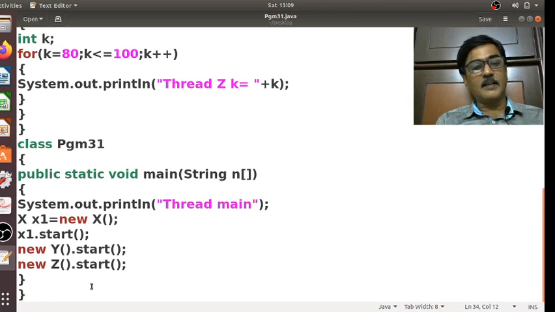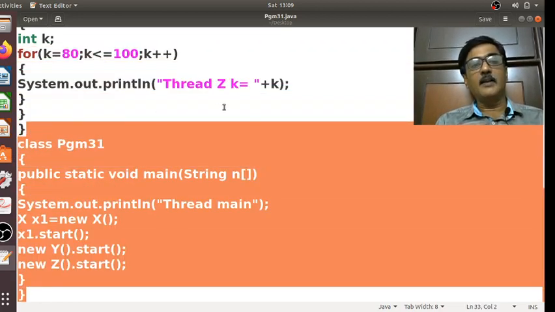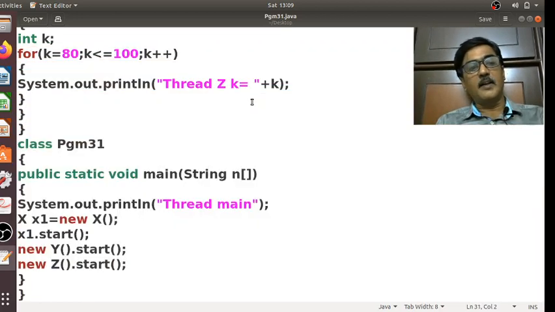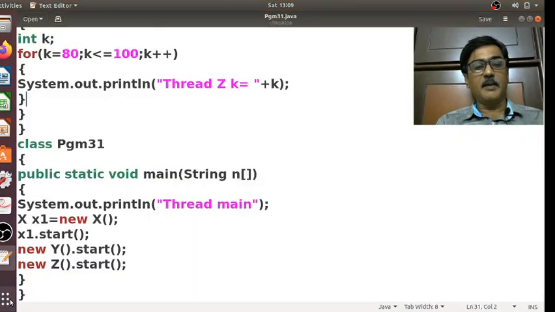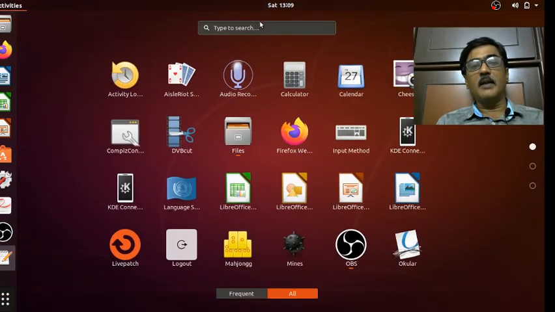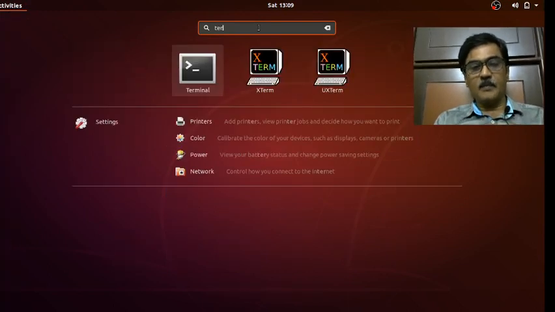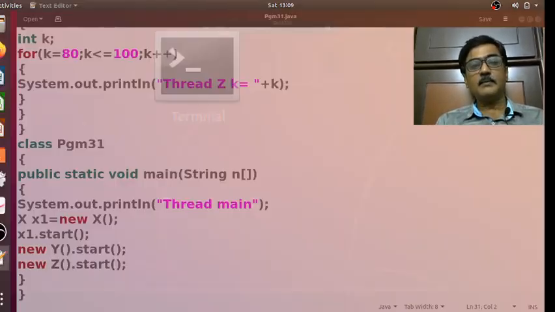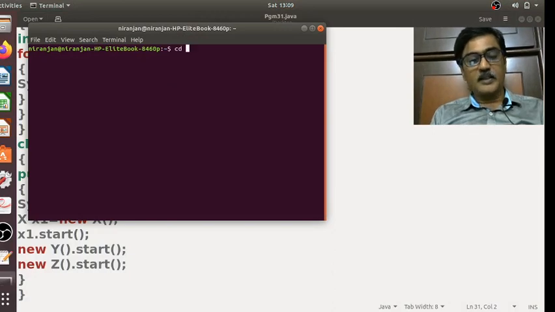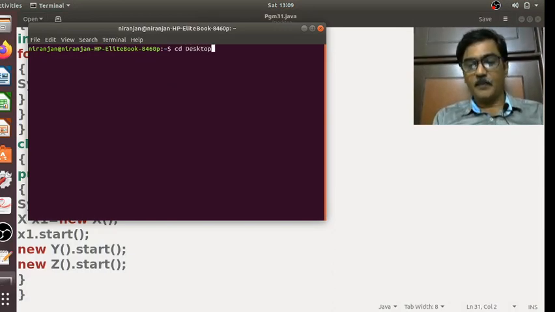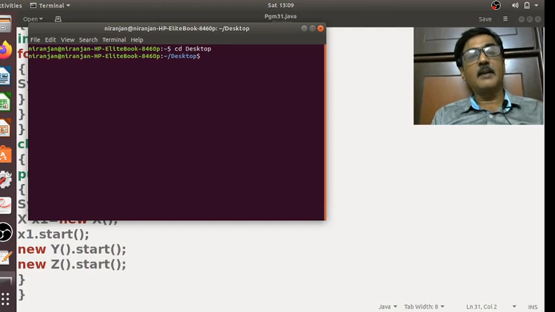You can see the syntax has got highlighted. You can see different text, keywords and other things in different colors. Now I need to select the terminal where I need to run my program. So I'll come to the terminal. Here I have stored my program on my desktop, so I need to change the directory to desktop. I use the cd command. Now I am on my desktop.